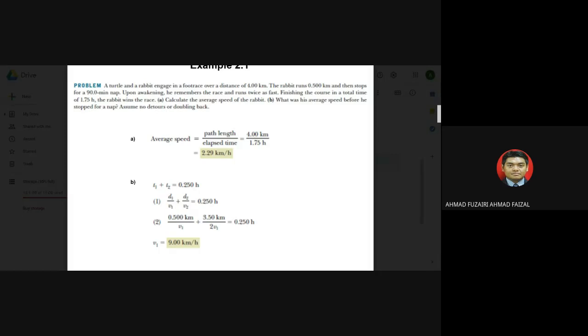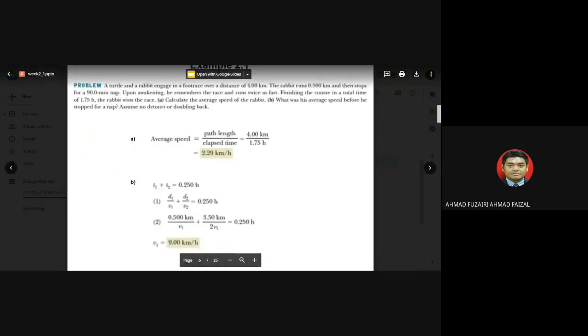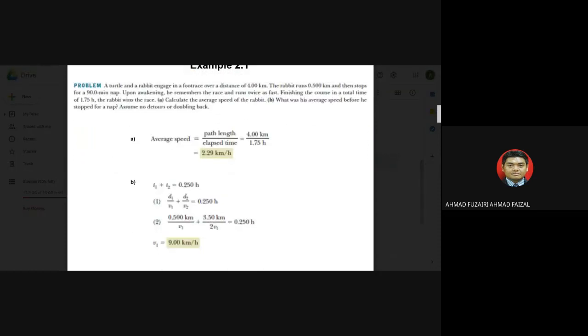So that is the speed he travelled before he slept, before he napped. After he napped, what is it? 18. Yes, 18 km per hour. Runs twice as fast as before he napped for 90 minutes. So for questions like this, when motion is mentioned, we must understand the concepts of speed, velocity and